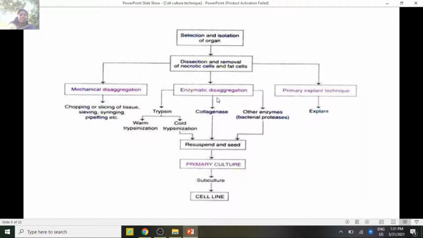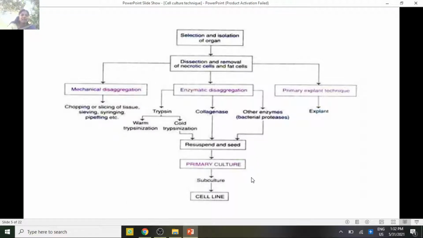The enzymatic disaggregation is done by proteolytic enzymes. It may be by trypsin, called warm trypsinization and cold trypsinization, by the usage of the enzyme trypsin; collagenase, which degrades the collagen in between the cells; and other proteases obtained from microbes. After that you can resuspend the cells in the saline and inoculate them to get